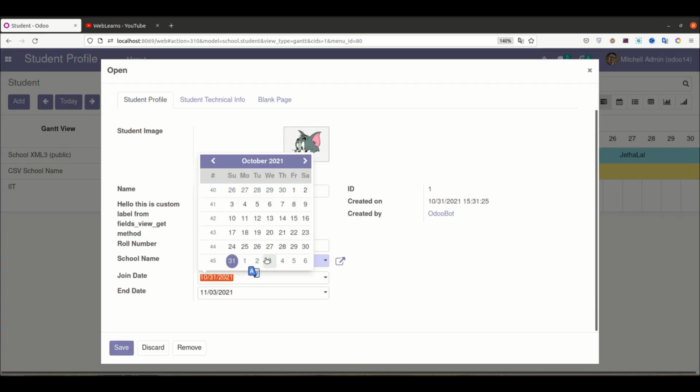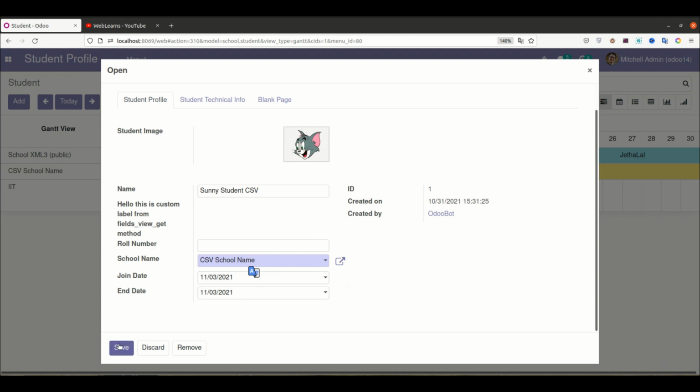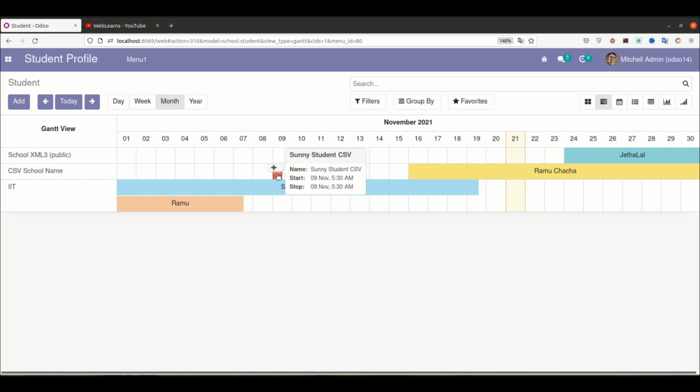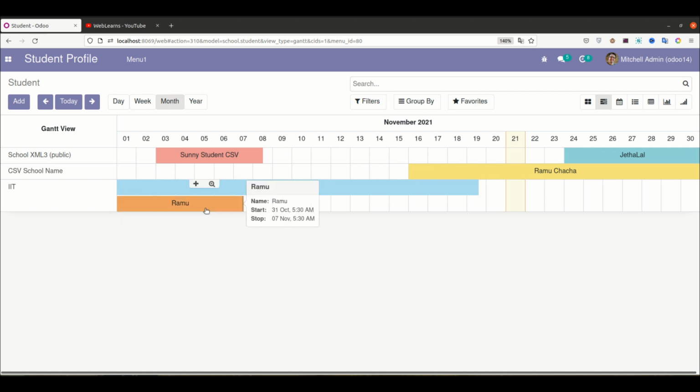So for that one, you have to change the date manually here. Let's say instead of this one, I will add a 3rd, and I will click like this, and now you can see it automatically drags that record. So this drag and drop feature is also available to adjust your record like this. Plus you can also extend like this. Alright. But this record is disabled because the starting date and the ending date are not in the current screen.